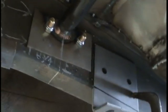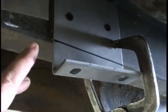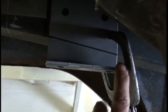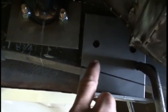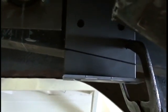Okay guys, with that bar bolted in place and finished, now I've clamped the sway bar bracket bar in. I'm standing up under the middle of the car, you'll want the inside leg to turn toward the inside of the car. What I'm doing, this frame rail runs down at an angle as you can see. On the back side of the angle, I mark 1 inch from the bottom up, and on the front side, I mark 1.5 inches. Draw a straight line,